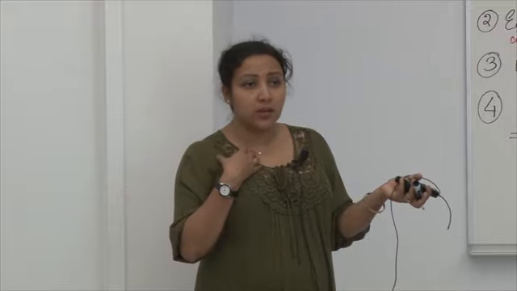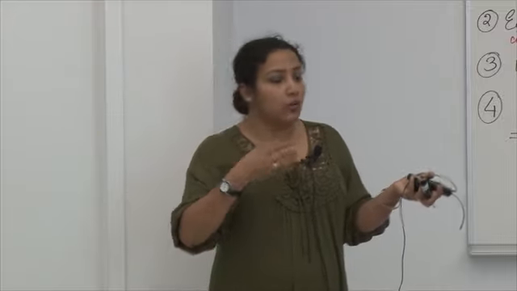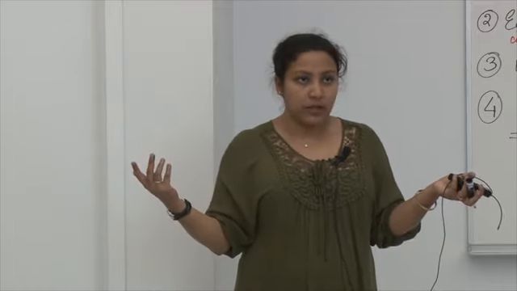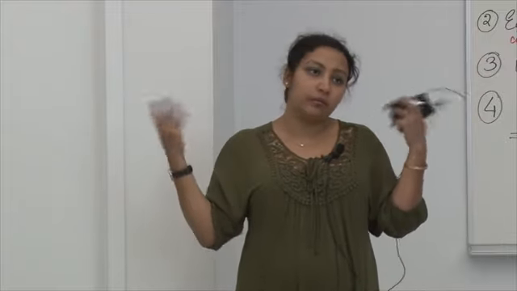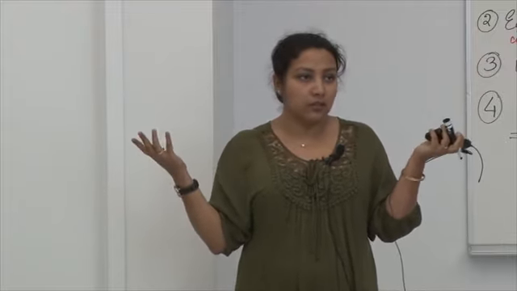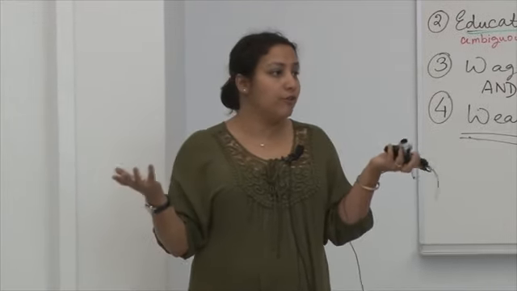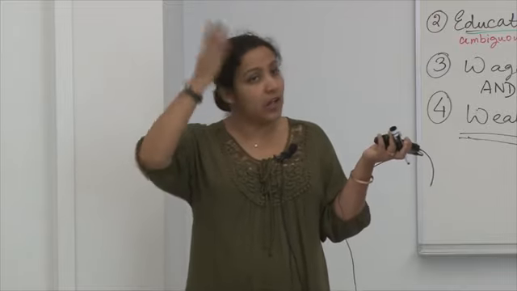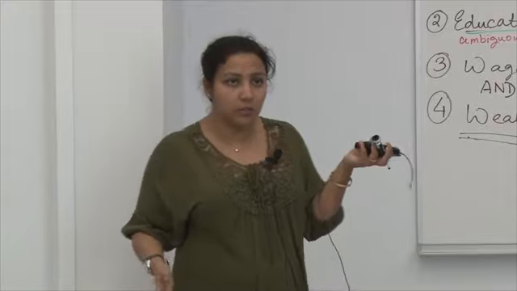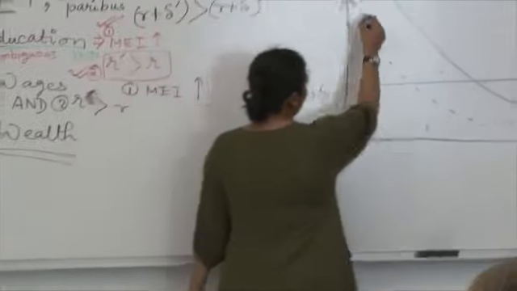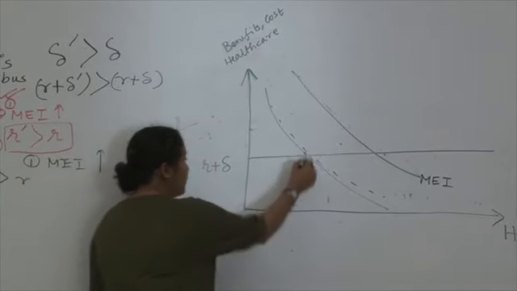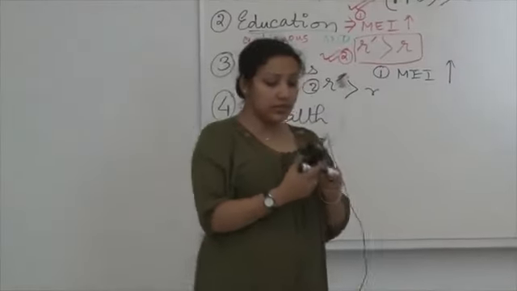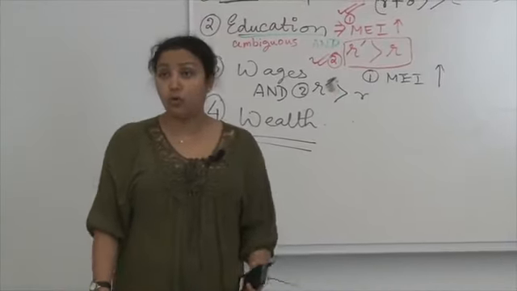Or maybe I am a wealthy person, and hence I can use things for recreational purposes. I take drugs just for being high, for hallucinating. So I'm still using more inputs, but that input is not adding to my stock of health, rather it's taking away from my stock of health over time. So that means we are talking about a movement of the MEI curve to the left, and hence a decrease in the stock of health. So for a wealthy person, once again you can see that the MEI curve can go both ways.